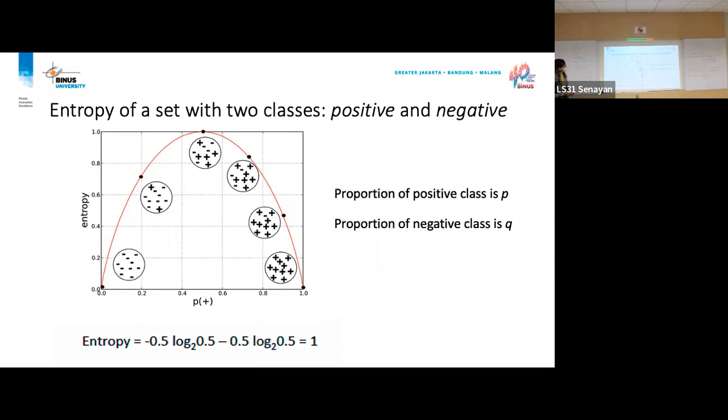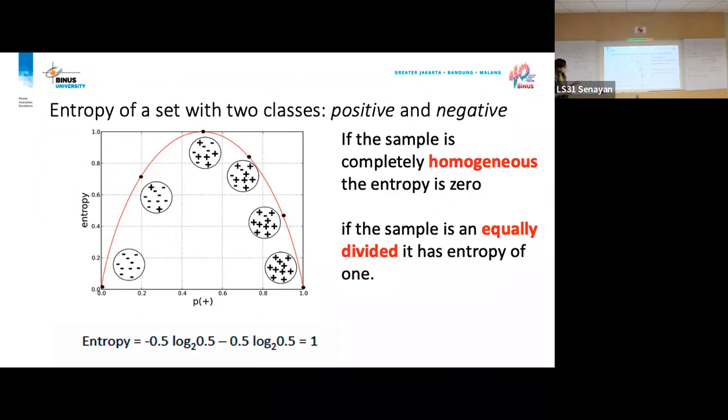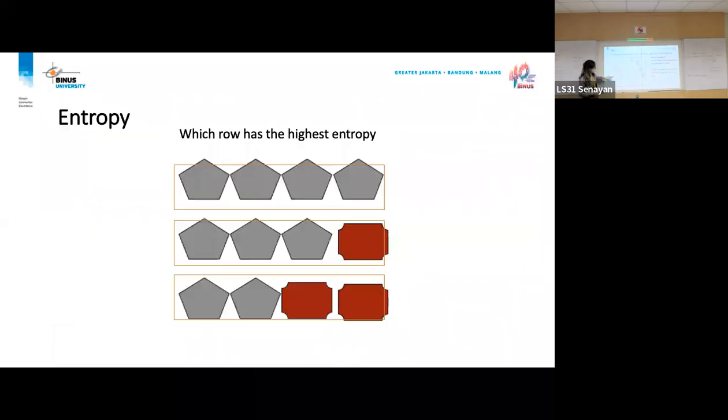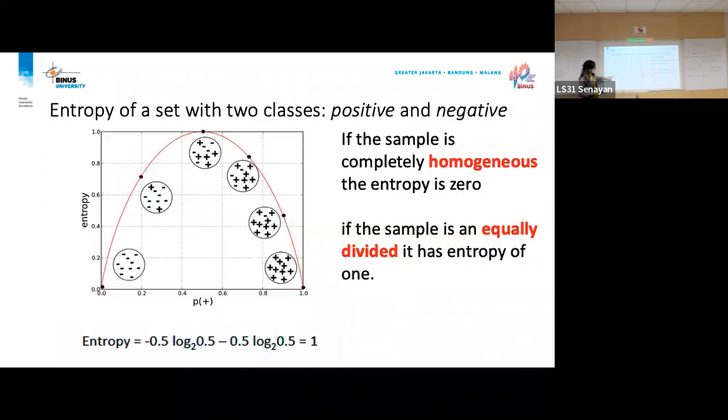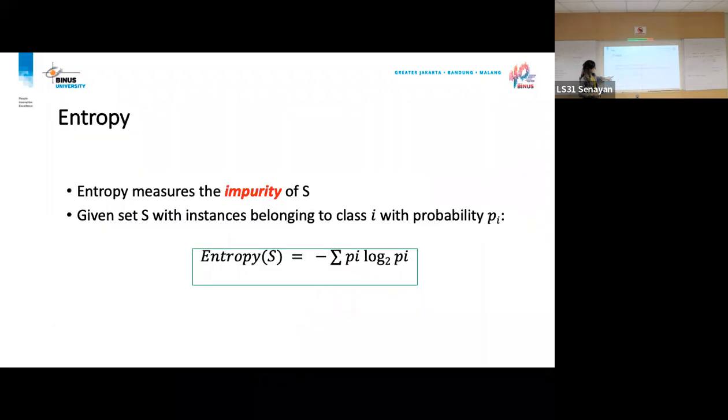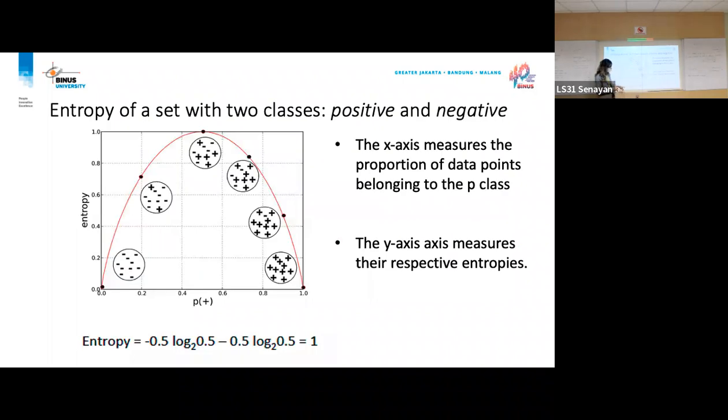How to calculate this number, the entropy, so that we can have 0 and 1 and in between like this? You're using this formula. How to calculate the entropy using the probability and the proportion of those values multiplied by the log base 2 of this proportion. So for example, like this.